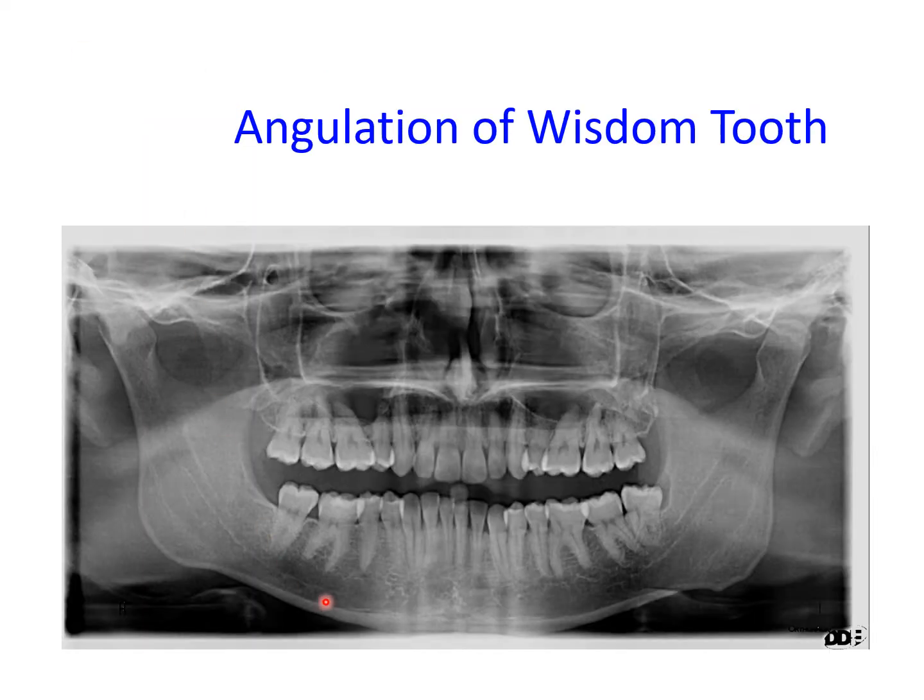During the radiographic assessment, the first step is to carefully assess the angulation of the wisdom tooth, whether it's vertical, distoangular, mesioangular, or horizontal. Generally speaking, distoangular wisdom teeth are most difficult to remove, and sometimes one may be deceived by their visual impression. For example, on this image, the wisdom tooth appears to be more or less vertical. But if you were to draw perpendiculars through the furcation areas of the 7 and the 8, you would see